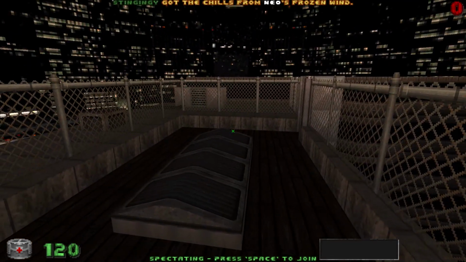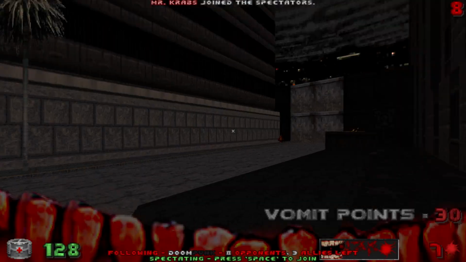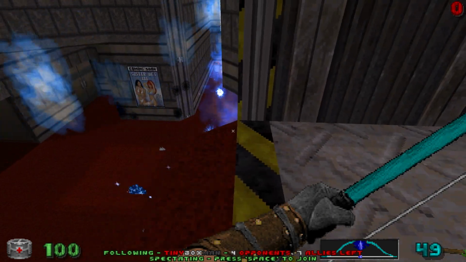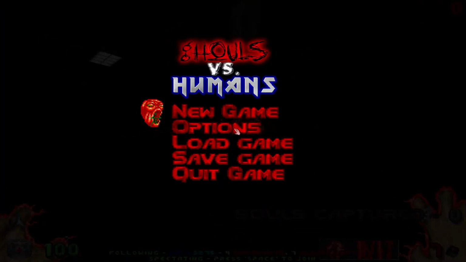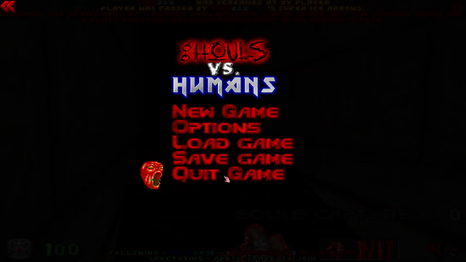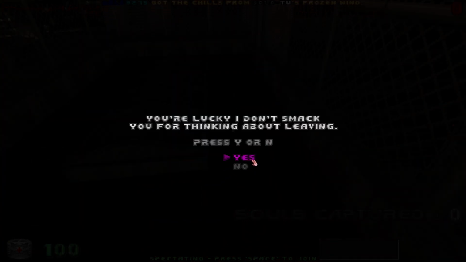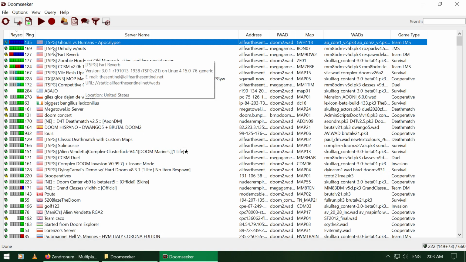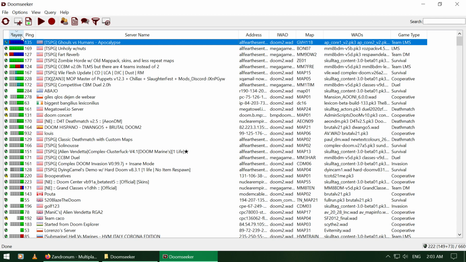There we go. Join the server, no problem, people are in here. And spectate. It all works. And don't forget to set your options, especially with different mods. So that's the whole joining part. It's pretty easy. The hosting part is a bit more complicated, but it's not that hard.